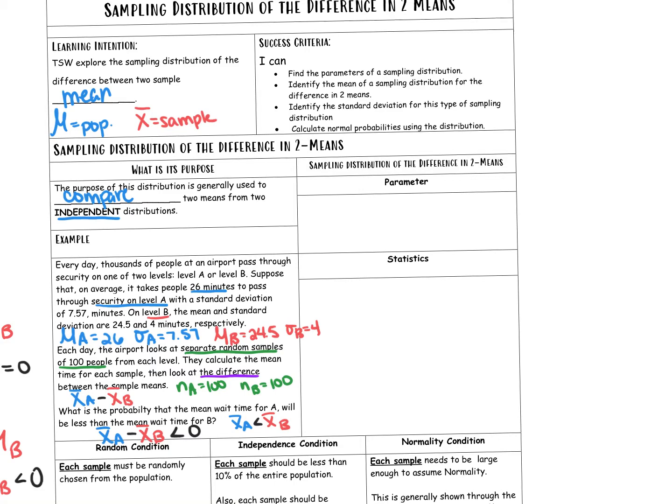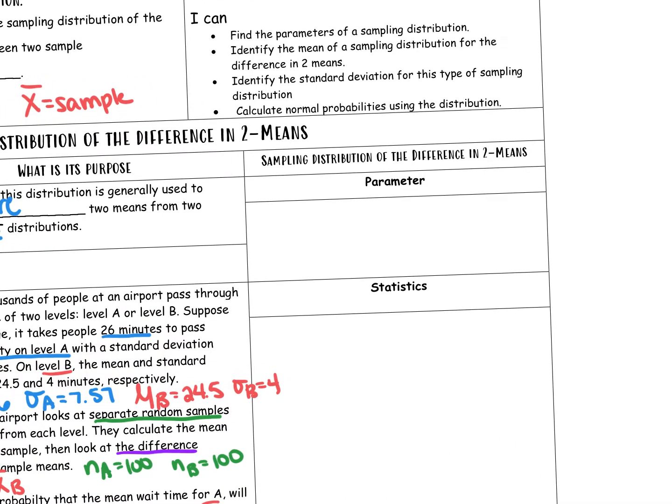So now that we have a little information on this problem, let's go ahead and actually establish the two sample difference in means. Let's just establish and build that, all right? So when we talk about a sampling distribution of the difference in means, the parameter that we're interested in is going to be the population mean, or the sampling distribution of the population mean, which we'll call mu of A minus mu of B. And this stands for the true mean difference